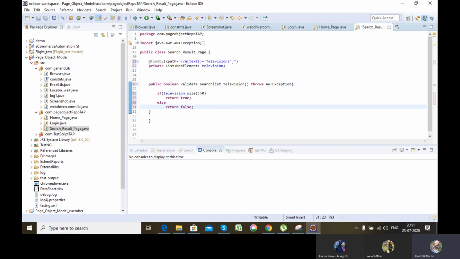Okay. So if any link is present which has the text television, then it will return me true, else it will return me false. Now we'll design a test case.